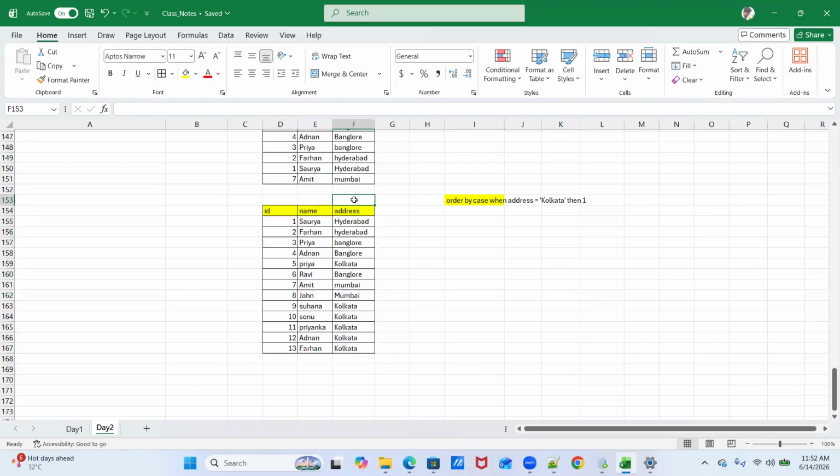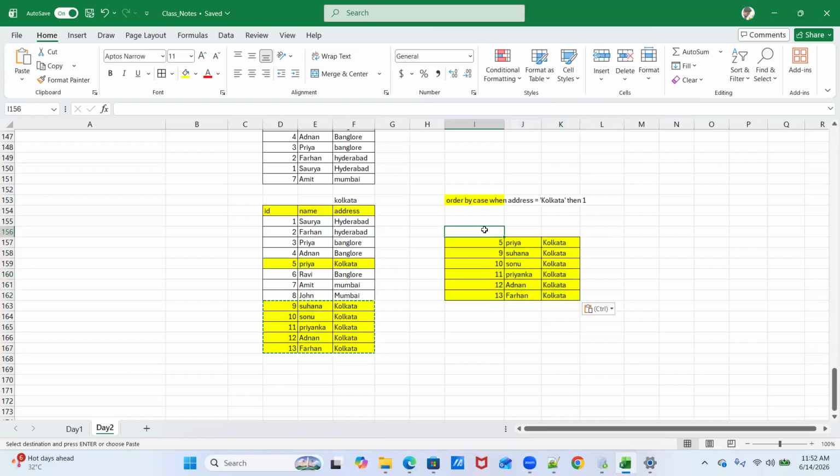Because it's a comparison, when address is equal to Kolkata, it will see all the records where Kolkata is there. These will be the matching records in this case. Now it will keep all these records in bucket one.